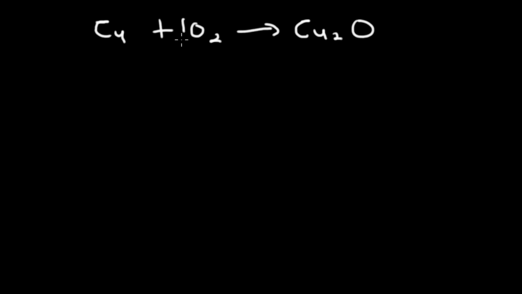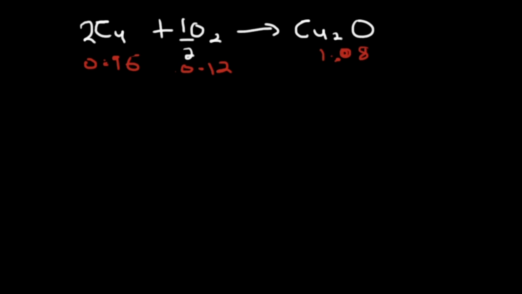So now, when copper combines with oxygen, we get these two equations: Cu plus oxygen gas gives us Cu2O. Balancing this equation, we can put a half in front of our oxygen and also 2 in front of our copper metal. Now, we were given that the mass of Cu2O is 1.08 grams, and we've also been given the mass of copper as 0.96 grams. Therefore, subtracting 0.96 from 1.08,